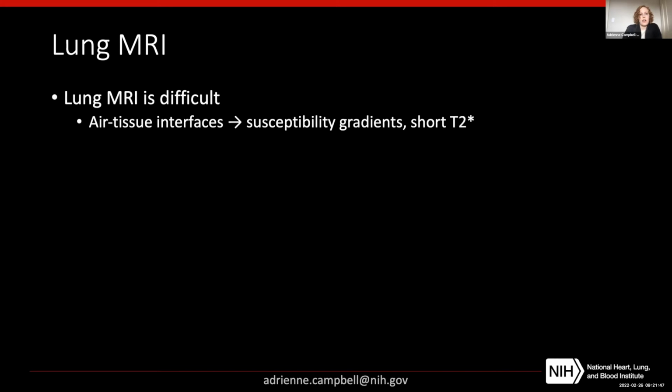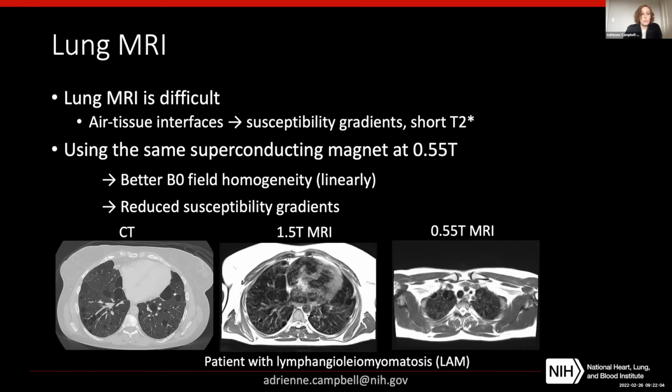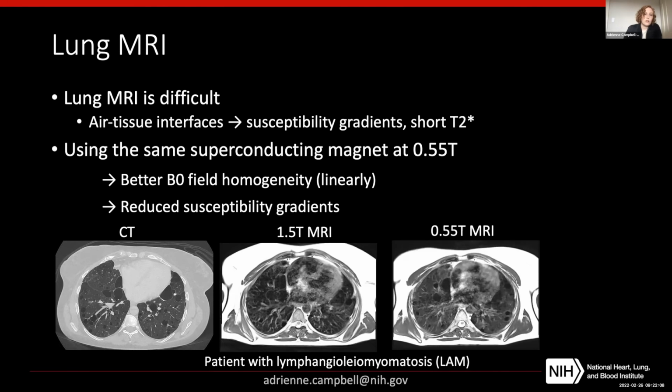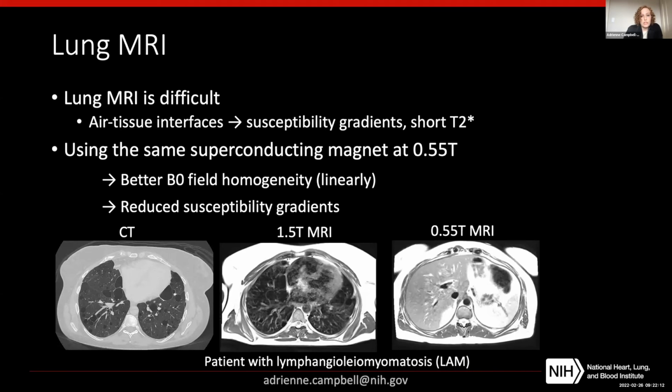Lung MRI has been very difficult in the past at 1.5T and 3T because the lung is full of air-tissue interfaces, leading to a lot of susceptibility gradients and very short T2*, which makes imaging very challenging. By going to a lower field strength, using the same superconducting magnet but operating at a lower field, our B0 field homogeneity has improved linearly and therefore reduced our susceptibility gradients